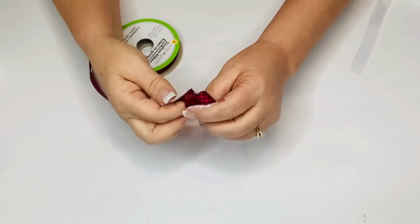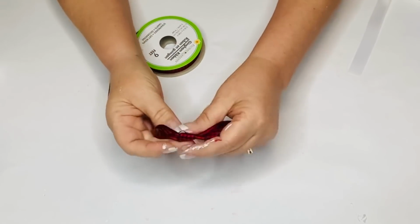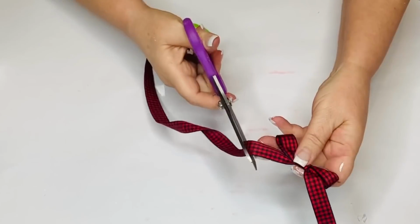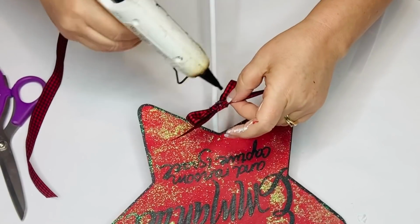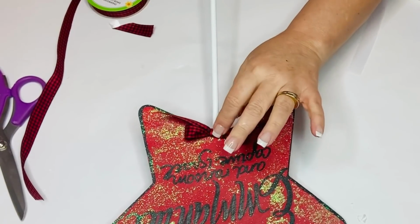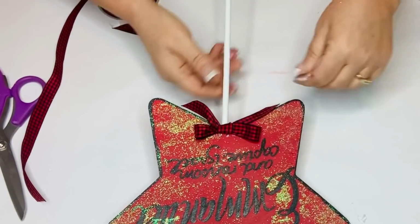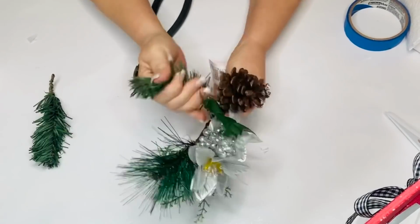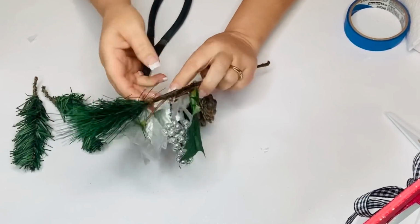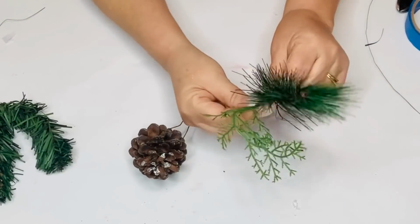So now I'm going to make three sweet little bows, and originally I was just going to use the black and red gingham, but I decided that you couldn't see it very well at the bottom of my red star, so I'm going to make that into the black and white gingham, and then I'll put the red and black ones at the bottom of my white stars. As you can see here, my glitter showed up completely different on the red star, so do as I say and not as I do, and maybe just do the outside of the star